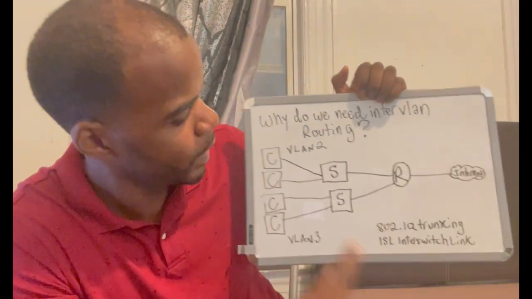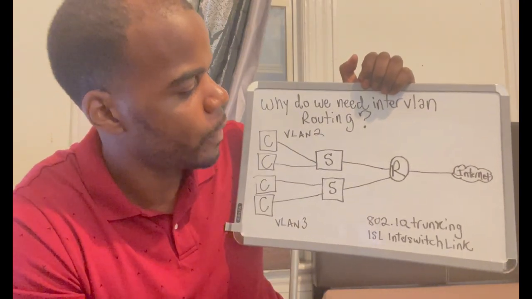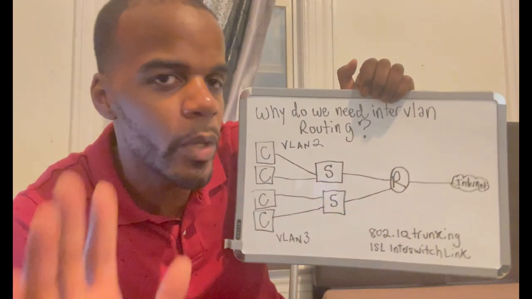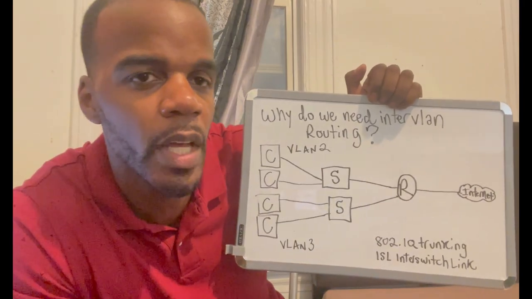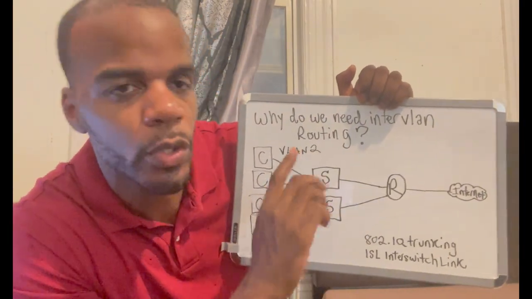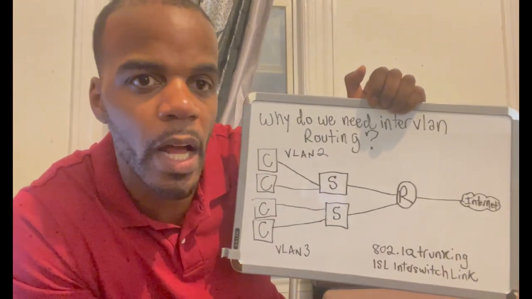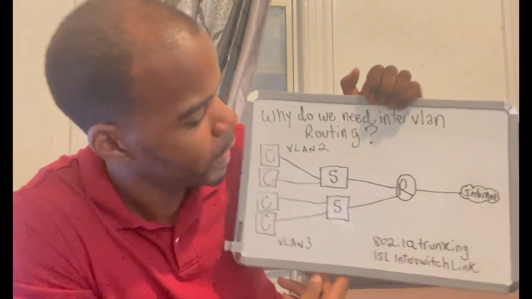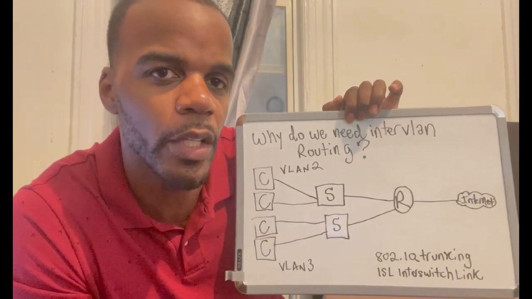VLAN 2 can communicate with VLAN 3. Now, if there was no inter-VLAN routing, then VLAN 2 cannot communicate with VLAN 3. And when there's no inter-VLAN routing,